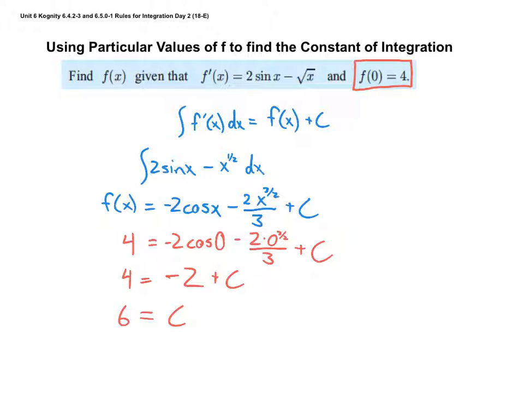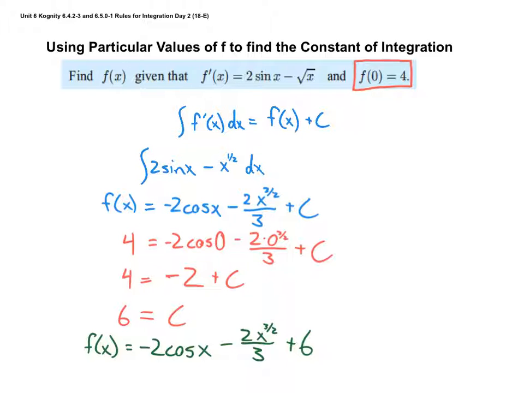So this means then that my answer that I'm looking for here is f of x equals negative 2 cosine x minus 2x to the 3/2 over 3 plus 6. That's the particular solution